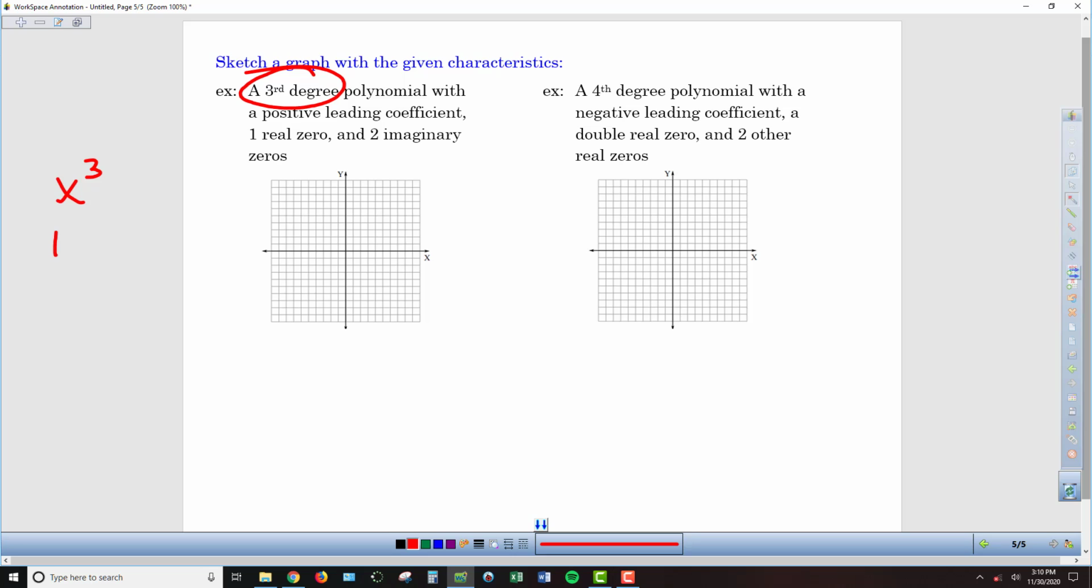Number one, it's going to be a disco graph. One side is going to be up, one side is going to be down. Now which side is which is told to us by the second piece of information. We're told we have a positive leading coefficient. So meaning it's like 1 times x to the 3rd, or 2, or 5, but it's a positive number out